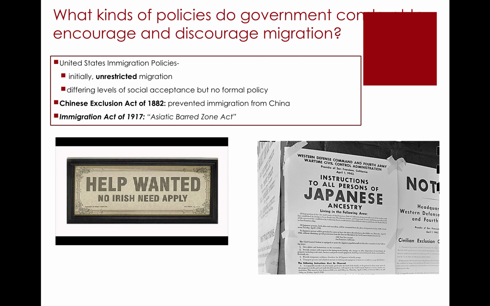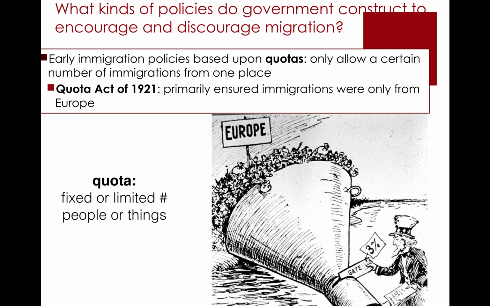This was actually expanded in 1917. The 1917 Immigration Act prevented all kinds of what we would now consider very not politically correct terminology: people who were not literate, people who had mental illness, people who were criminals or predisposed to criminality, whatever that's supposed to mean. One of the really controversial clauses was a component of the act called the Asiatic Barred Zone Act, which expanded the areas in Asia from which people would not be allowed to immigrate. So again, we see this expansion of these prejudiced beliefs.